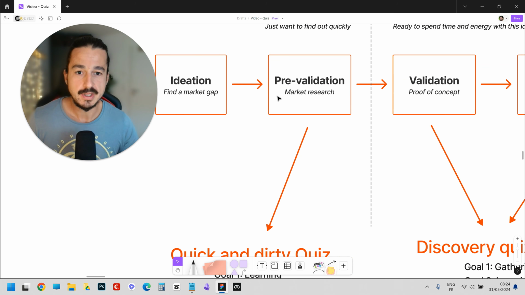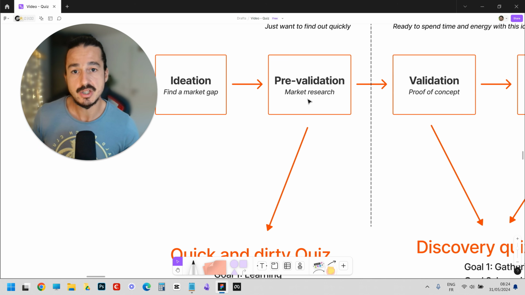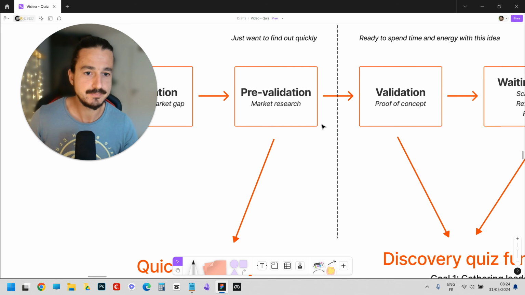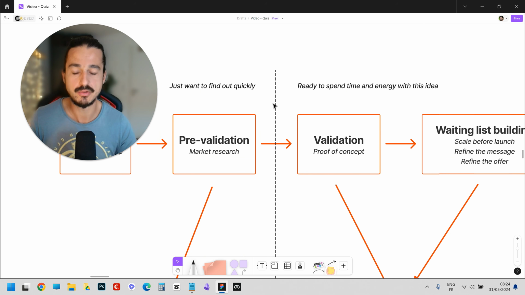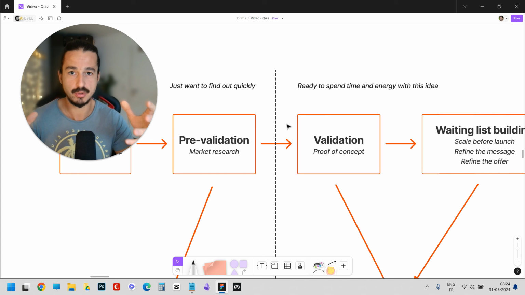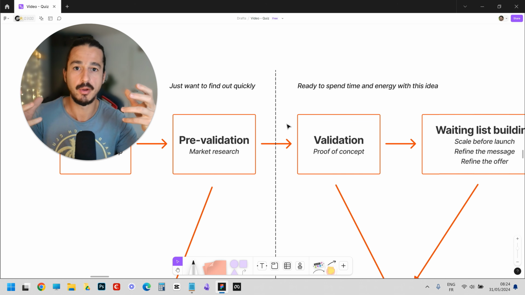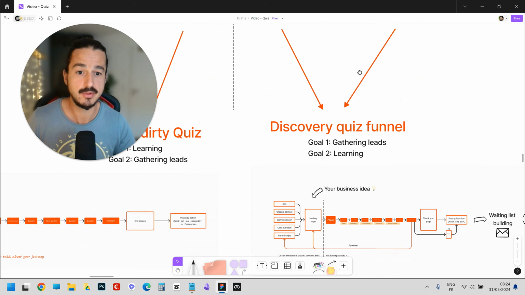Okay, maybe I've done it on the prevalidation stage. Maybe I've done the quiz, maybe not. Then you move to the validation. At this point, you know there is something here, but you want to create the product and to see if it could sell or interest people. At this point, the